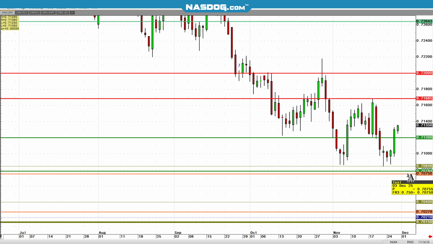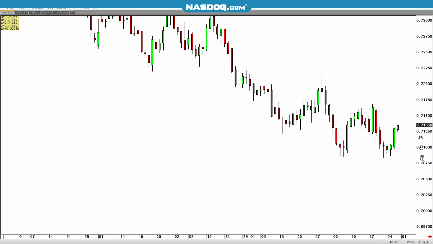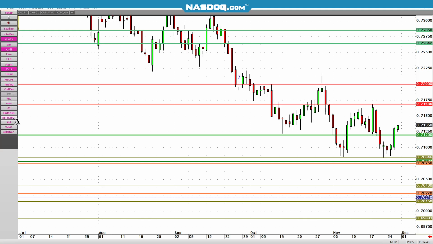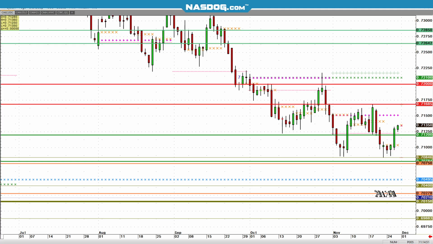And look at this, you got these within 10 ticks, right? 785, 70.75. Then you got a green right in the middle of that. That's a nice trade area. And here we're at, oh wow, look at that, we're 50 ticks off, at 70.85 up to 71.35. But anyway, that just happened here in November. As a matter of fact, let me put on this other study here so we can see this.